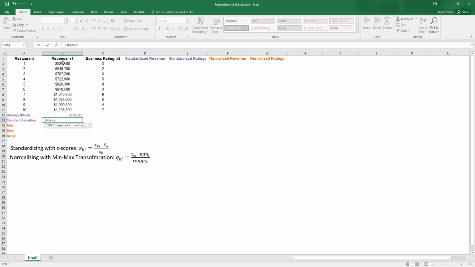Again, the STDEV function, and I'm using S because this is a sample. And the standard deviation is about 234,704. So now that I have these calculated, we can divide the difference between each observation and the mean by the standard deviation. So up here where it says standardized revenue, I'm going to